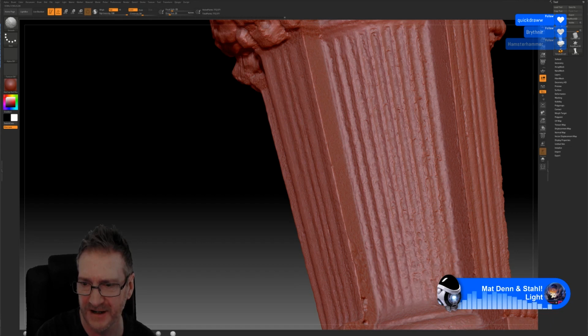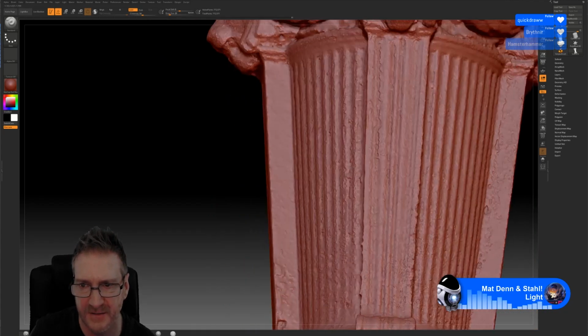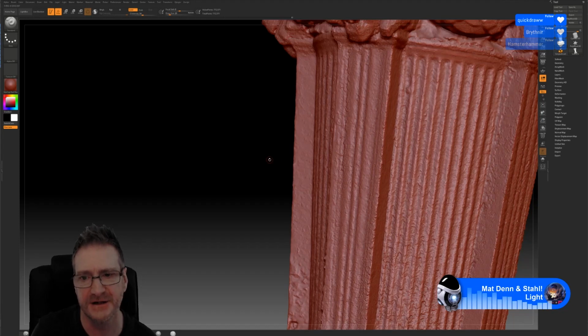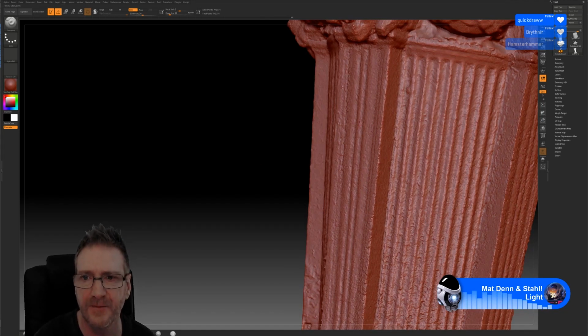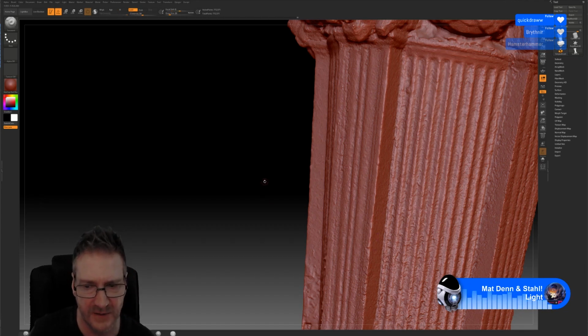So our goal for today is for me to get this smoothed in ZBrush, get the polygon count optimized in Max, and then I'm going to optimize the texture map as well, because at the moment the texture map in Max is an 8K texture, which is all well and good, but when I go back into Max and I show you the actual UV layout, this model was brought in from Reality Capture, that piece of photogrammetry software. It doesn't do a very great job at UV mapping. It tends to only use like half the texture space. So even though we're using an 8K texture, it only tends to use half of that 8K texture, so it's a bit wasted. So what I'm planning on doing is